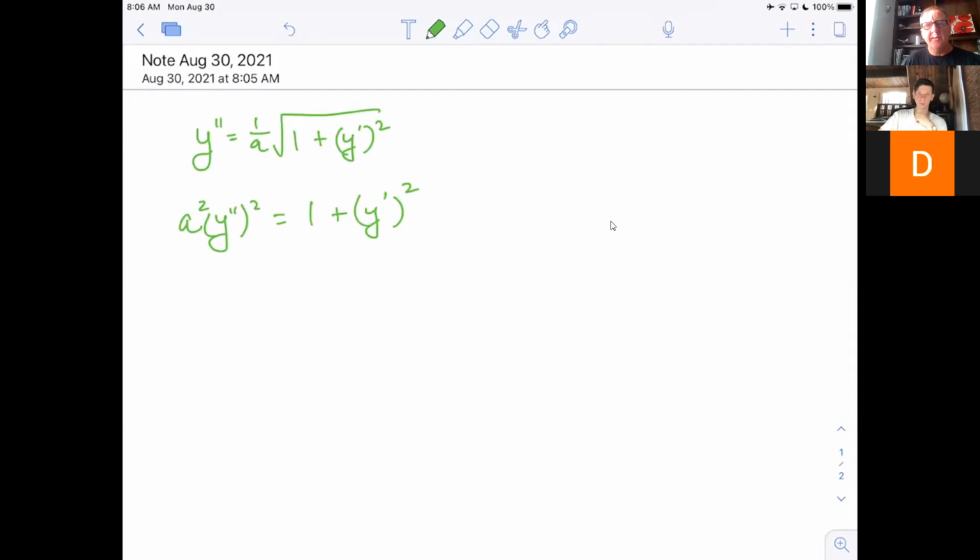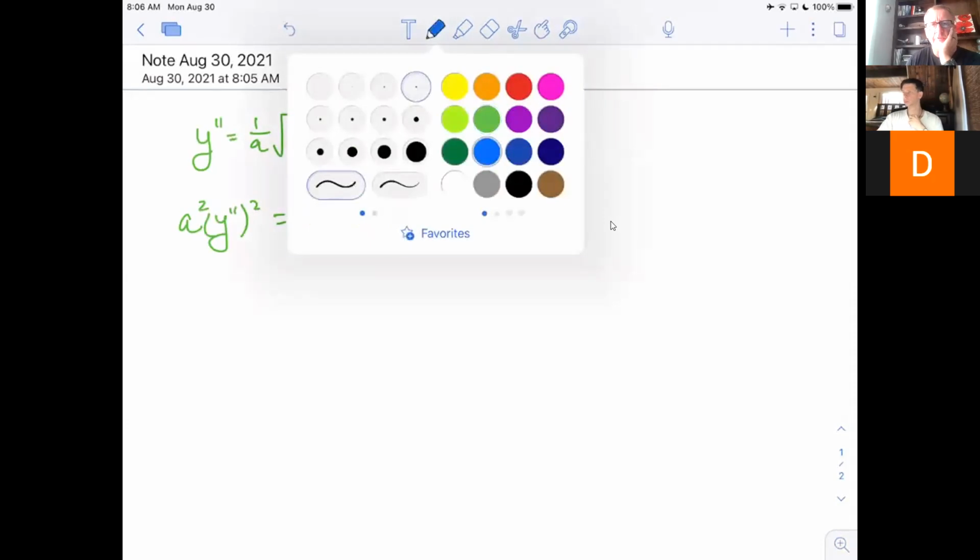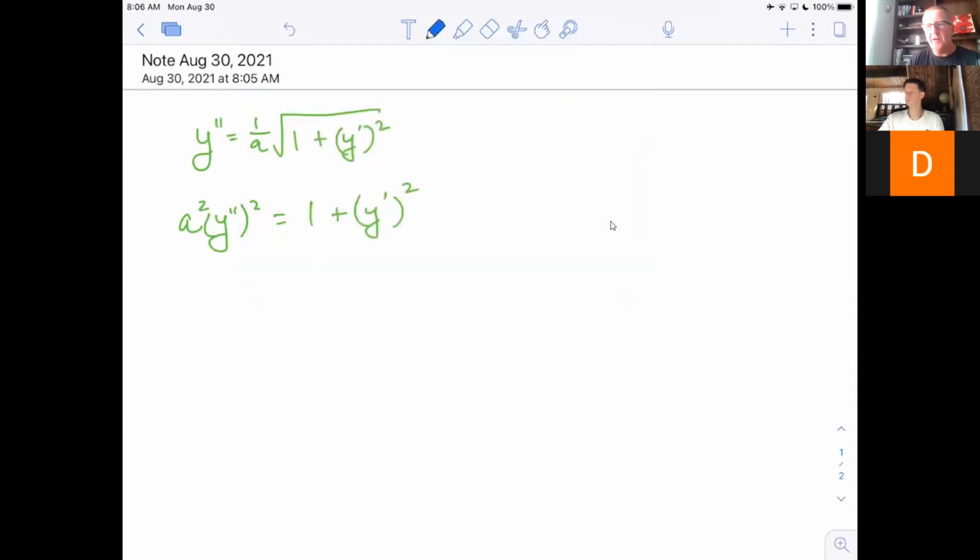So I gave you the hint that taking the derivative of both sides, which is a rather surprising idea, was a rather good idea. And so I just want to show you one other thing that was an option that some people didn't notice. If I say, okay, a is just a constant, then the derivative of junk squared means the junk comes down front and the junk stays unchanged. But unfortunately, you have to multiply by the derivative of the junk, which is, a derivative of a second derivative is the third derivative. And then on the other side, the derivative of 1 is nothing. And then the derivative of junk squared again is 2 times the junk times the derivative of the junk. And then that would be terrible as well, except for the fact that you